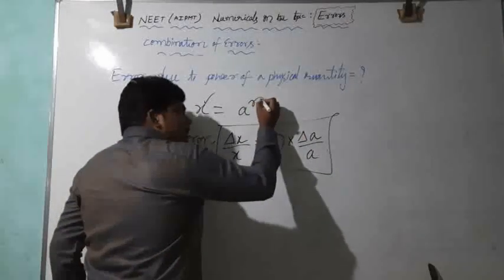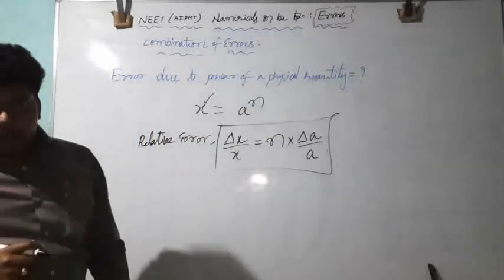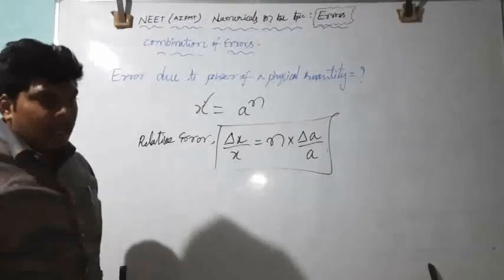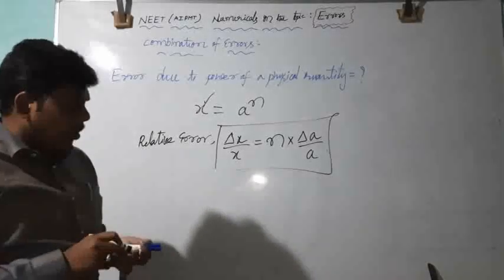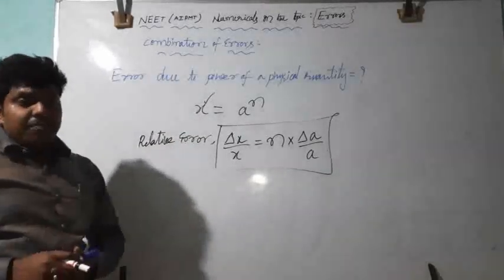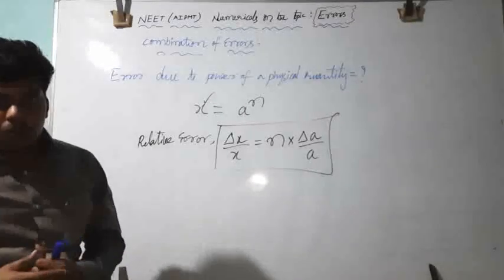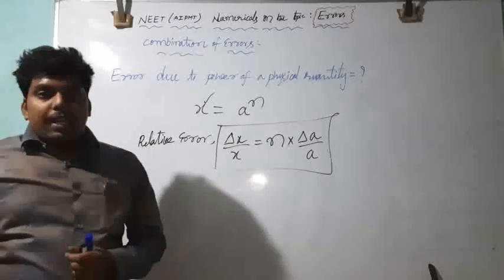Whether the power is negative or positive, here we should always take the positive value only. We should neglect the minus sign. Even if the minus sign is there, you should not consider it. We should consider the positive value only. With this, the synopsis of the errors and the combination of errors is over. Next, we'll move to solving numericals, from the year 2019 to the last one.